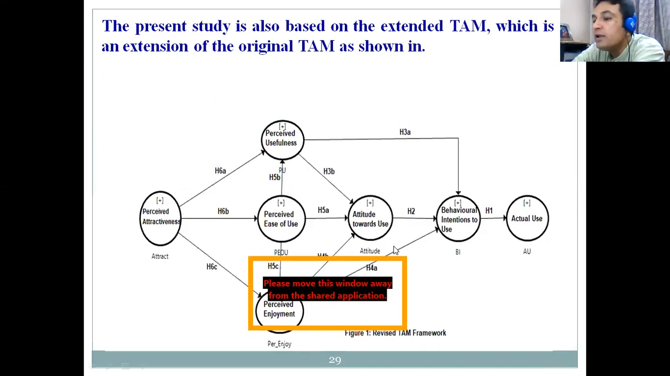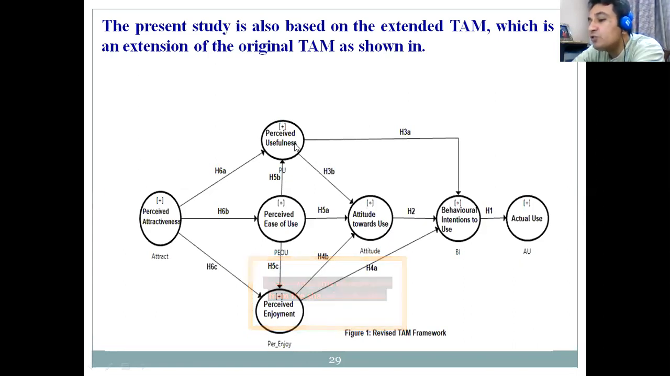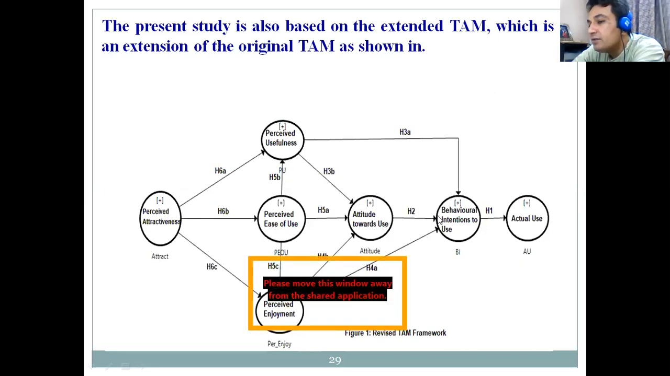Fine. Now coming to the next part, let's say H3A. So what is going to affect behavioral intention to use other than attitude towards use? That is usefulness. So H3A is one direct relation. H3B is an indirect relation. Similarly, now we come